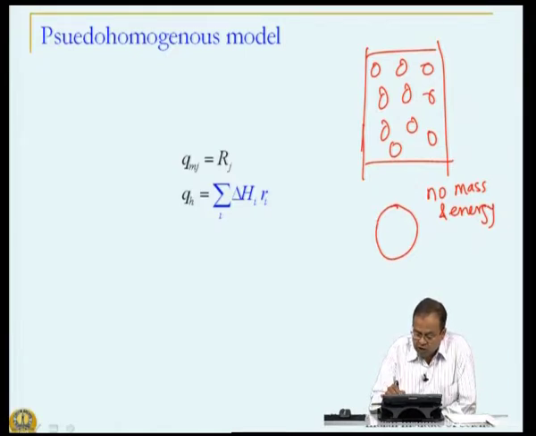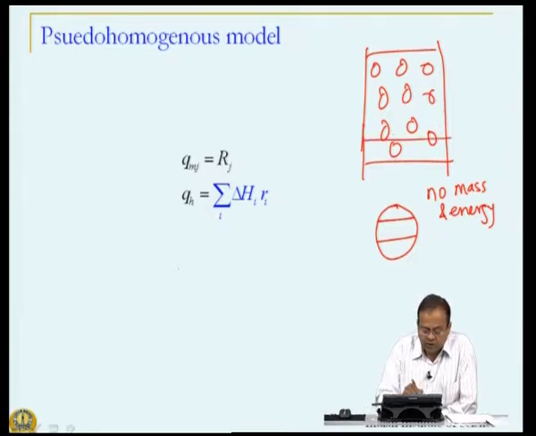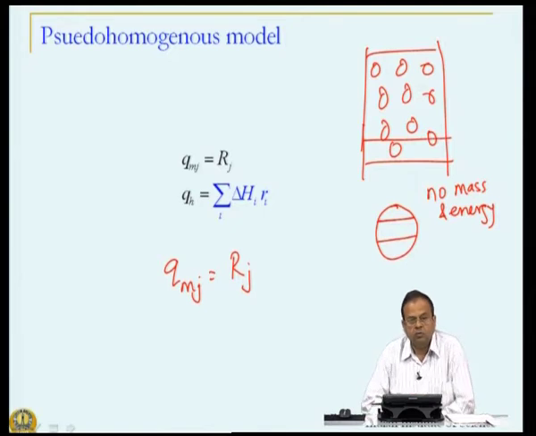The concentrations inside are uniform, temperatures are uniform, in which case the reaction occurs at the same rate throughout the catalyst pellet, and since we are assuming all catalyst pellets at a given cross section are identical, I can simply say my rate of mass generation is nothing but the rate of reaction,